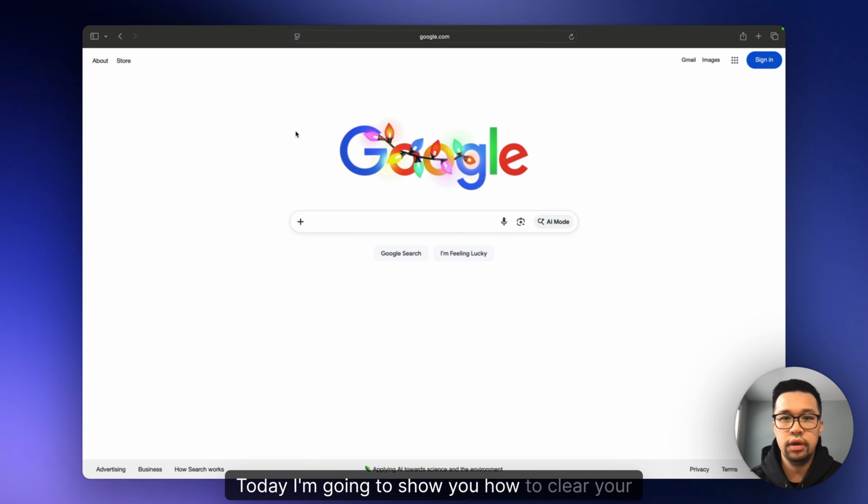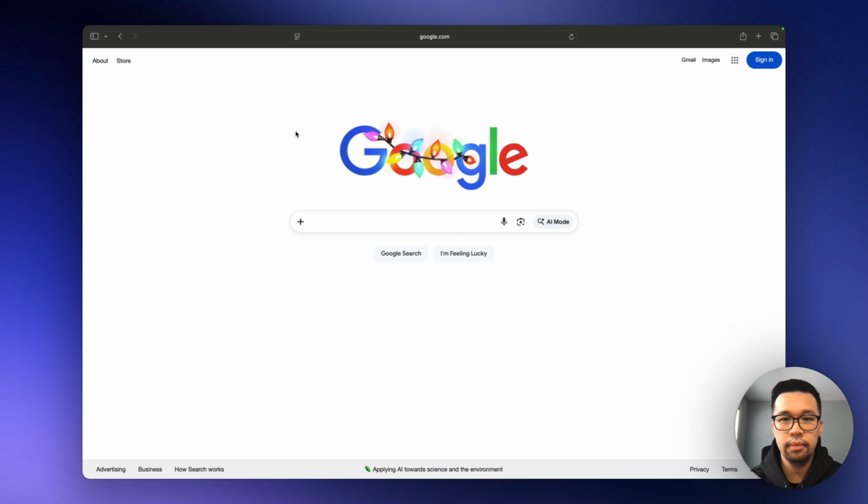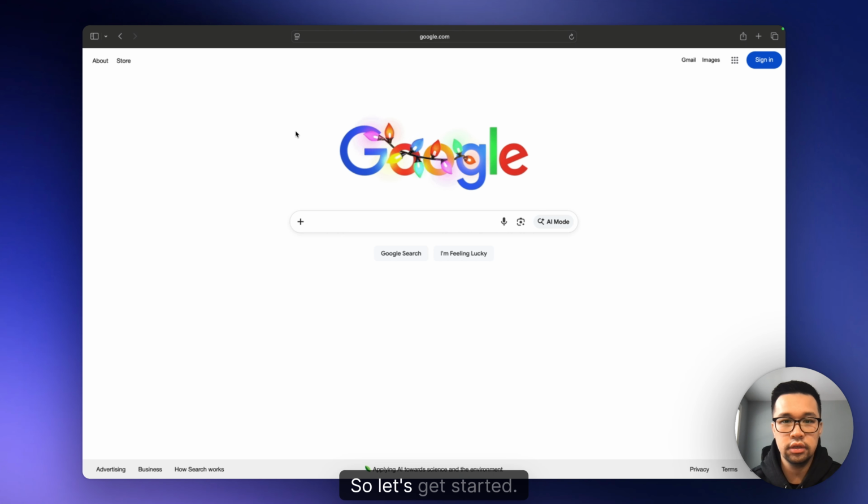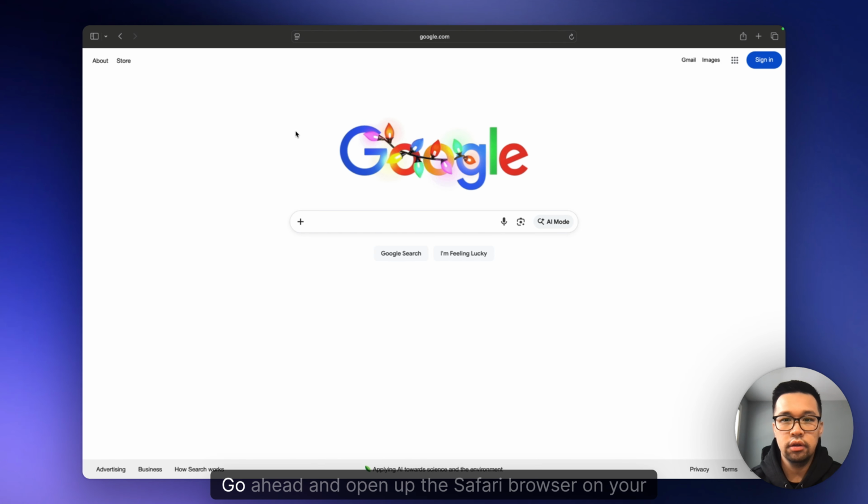Today I'm going to show you how to clear your Safari history on your Mac. This is a quick way to fix loading issues, privacy concerns, or just clean up your browser. So let's get started. Step 1, go ahead and open up the Safari browser on your Mac, which I already